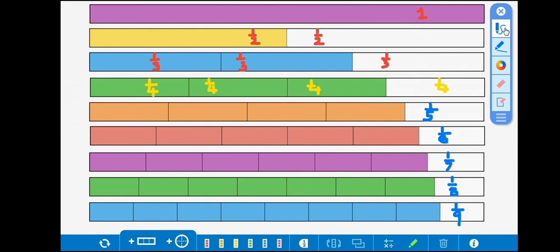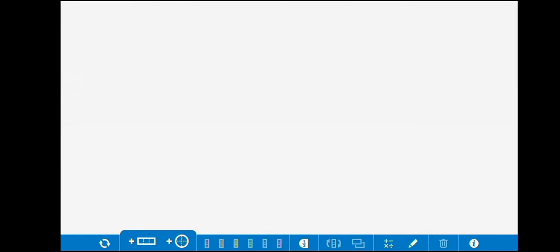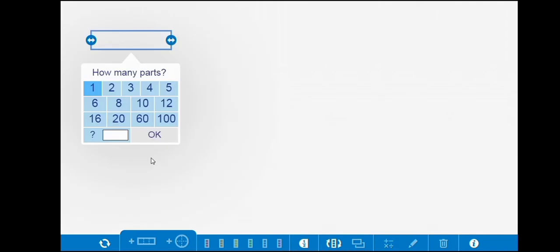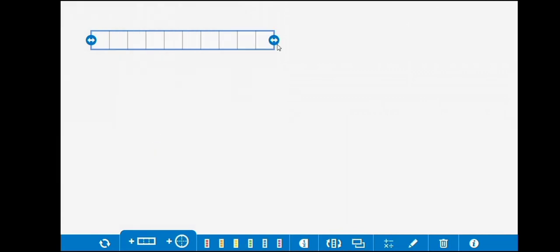Now you are aware of how to represent a particular part of a whole, right? Because a fraction is actually a part of a whole. Let's understand this fraction with different figures. Here I have one frame with 10 equal parts. So first you can take a strip, or you can draw this on paper, then make 10 equal parts like this,